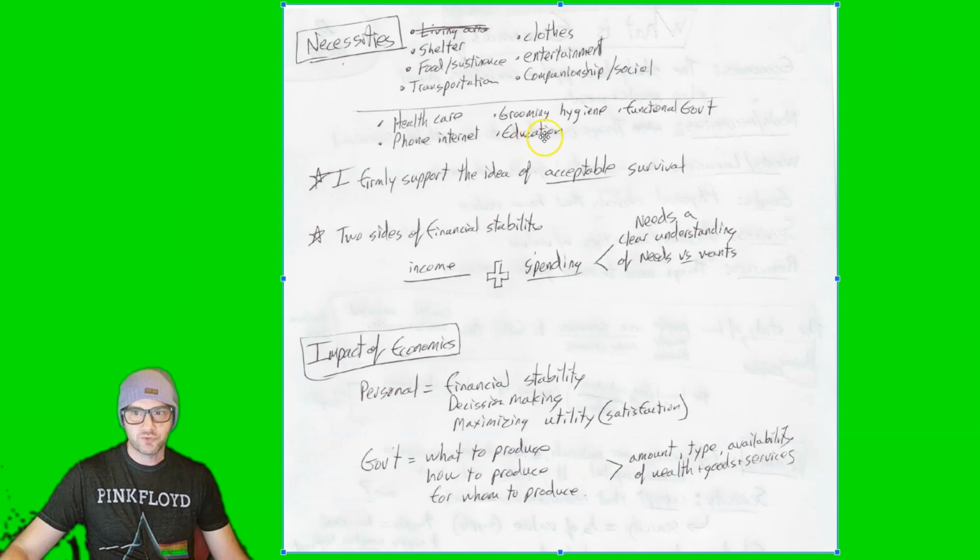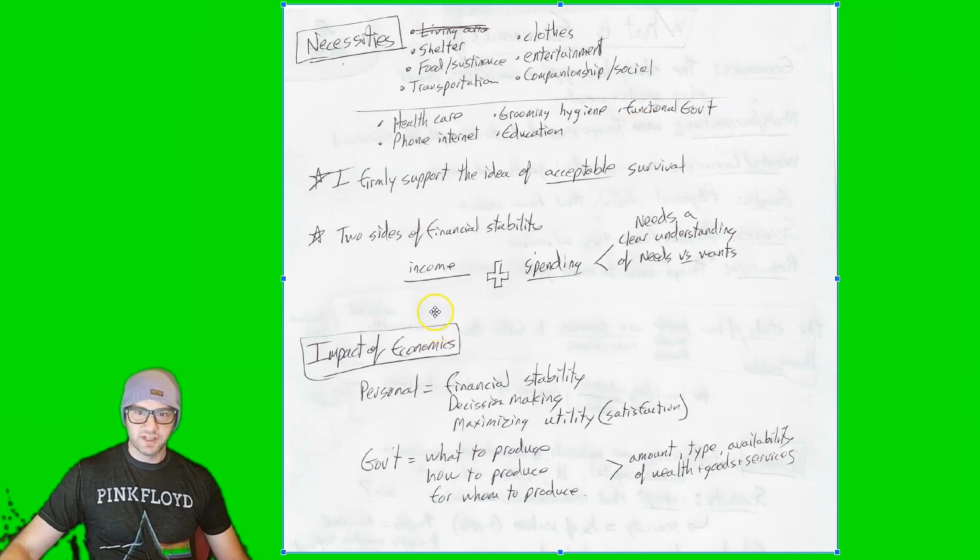You need some sort of training. And I would say a functioning government. Some student brought that up, and I agree. We need a functioning government for acceptable survival. Whenever a government does not function or is totally dysfunctional, the people are not surviving very well.